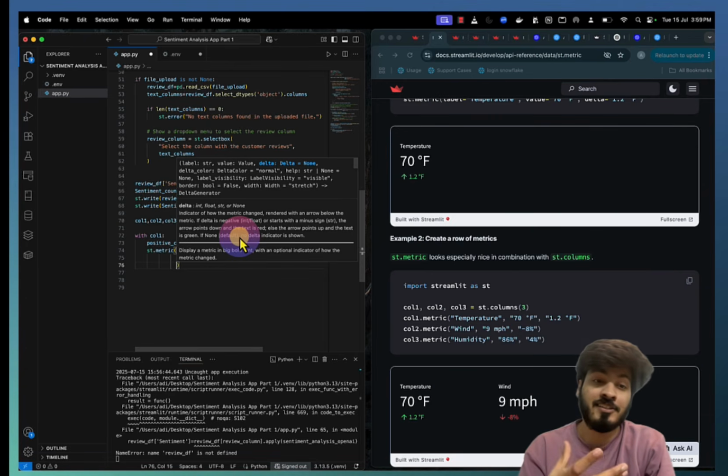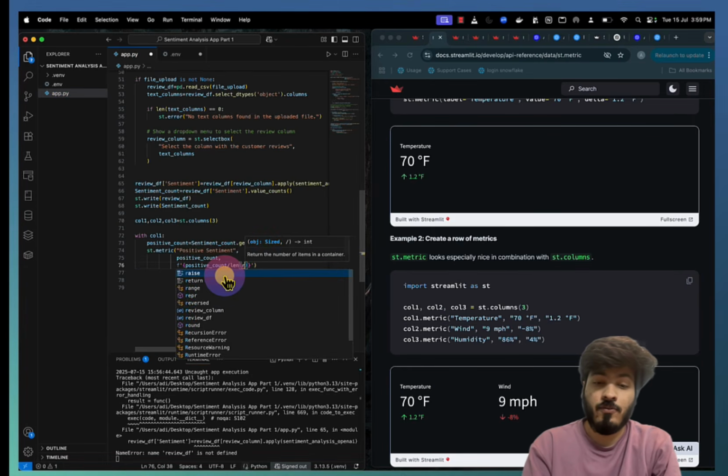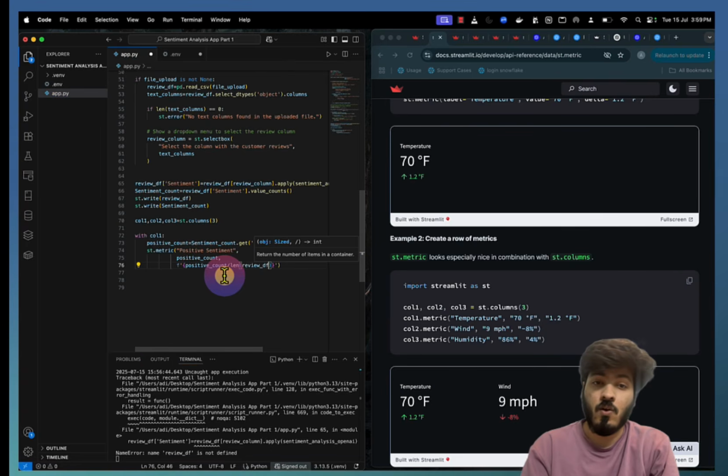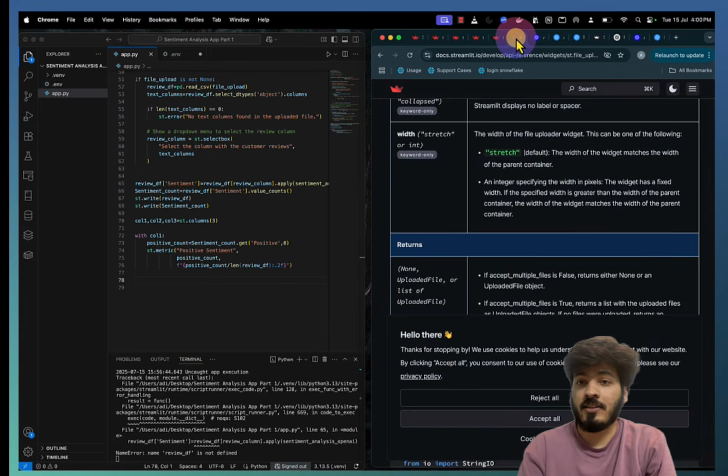How I can do that is I can use an f-string, and use the positive count divided by the length of the review column, like the total, and use two decimal places. And if I save it and go to my Streamlit,